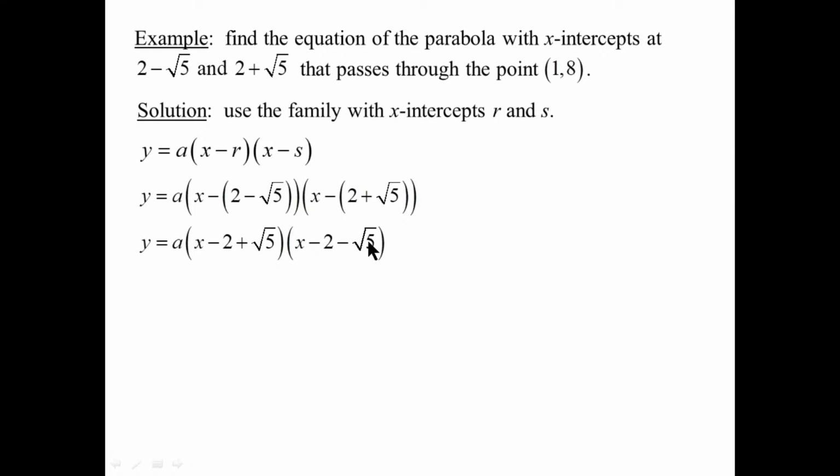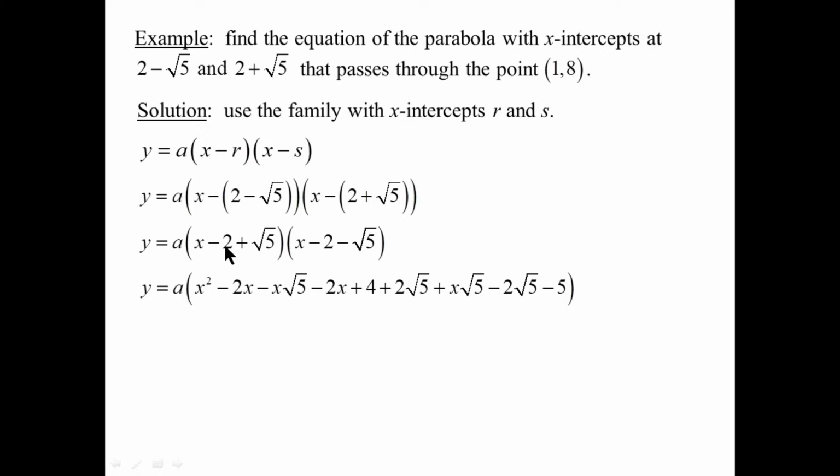It will be x times each. It will be minus 2 times each. It will be plus root 5 times each. Checking. X times x is x squared, x times minus 2 is minus 2x, x times minus root 5 is minus